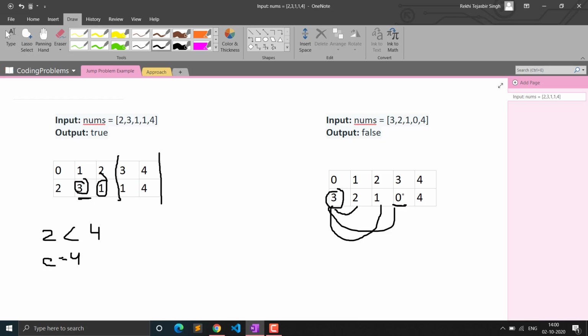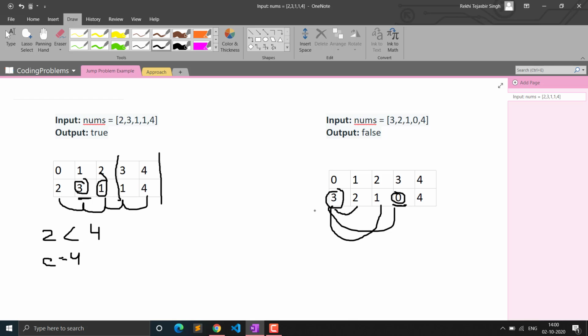One more observation: if you carefully observe, if we have no 0 at any index, that means for 100% sure there will be a path possible, because if you don't have 0 at any index, you can at least take one step, because it is not 0, that means it will be greater than 0. So at least one value we will get. So we can simply return true.